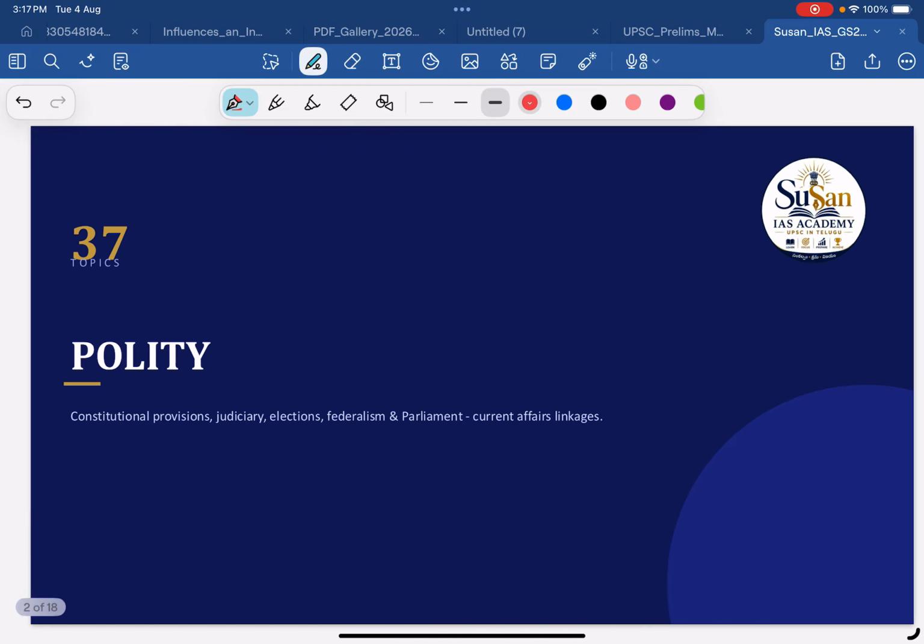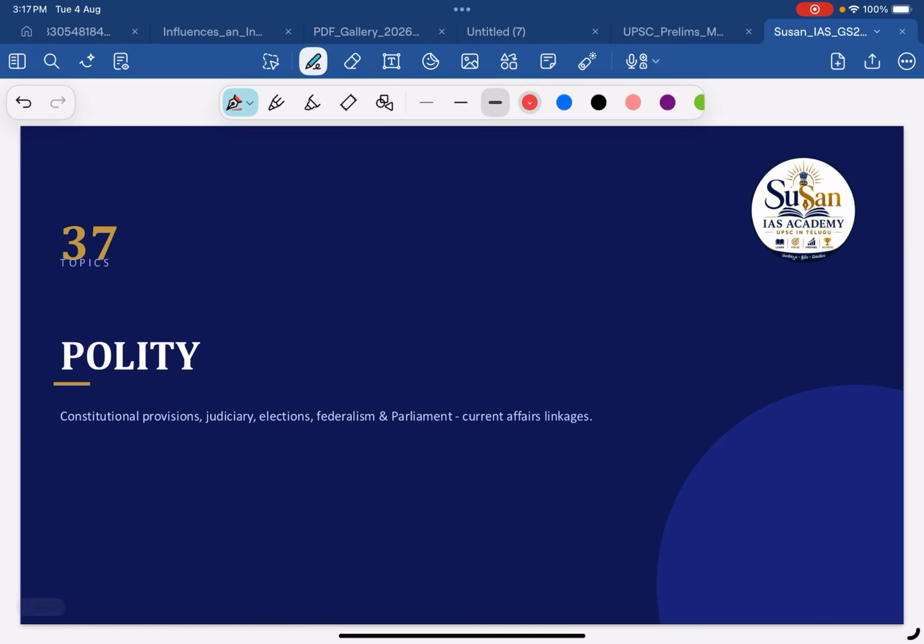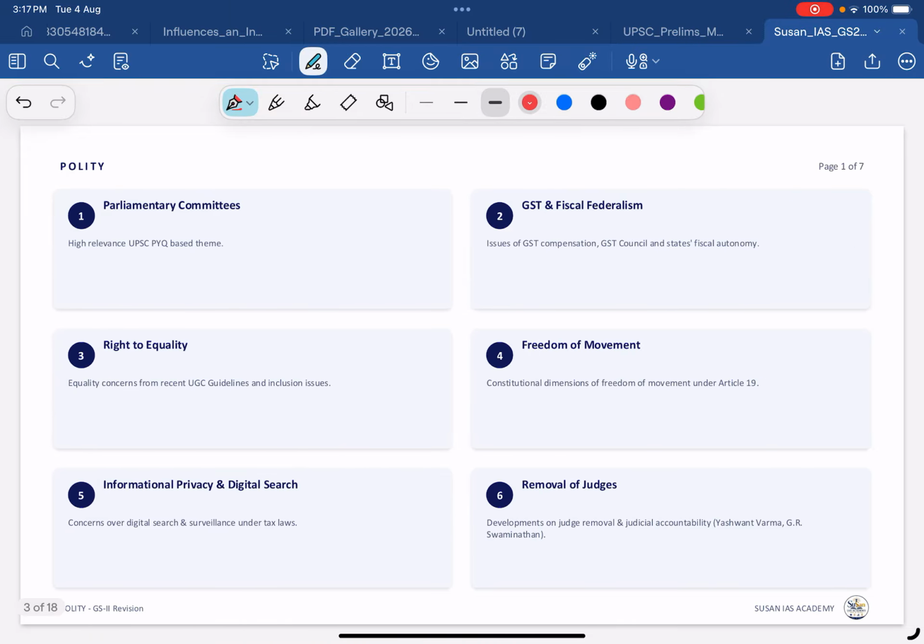So firstly we'll cover the polity topics. These polity topics for UPSC Mains 2026 consist of 37 topics overall, which include constitutional provisions from judiciary and elections, federalism and Parliament, with current affairs linkages. So here is our first